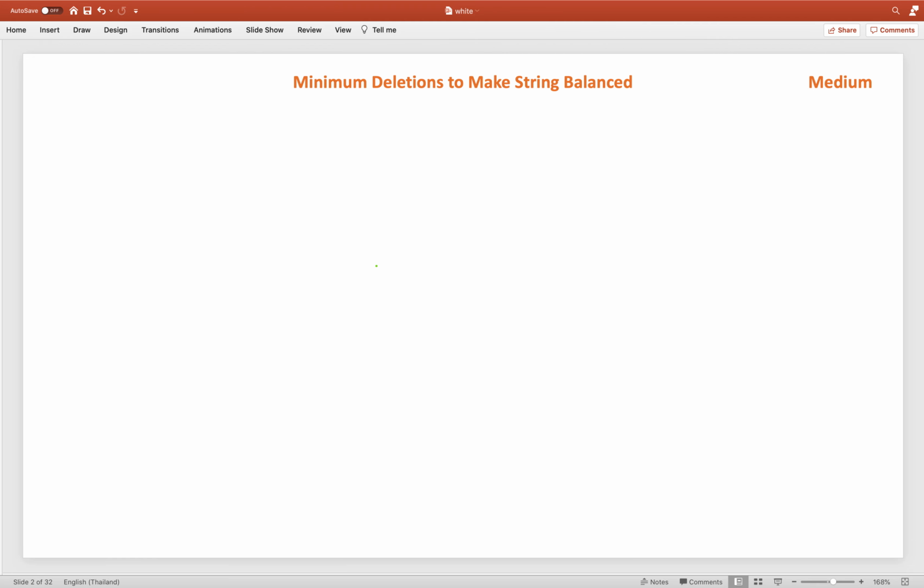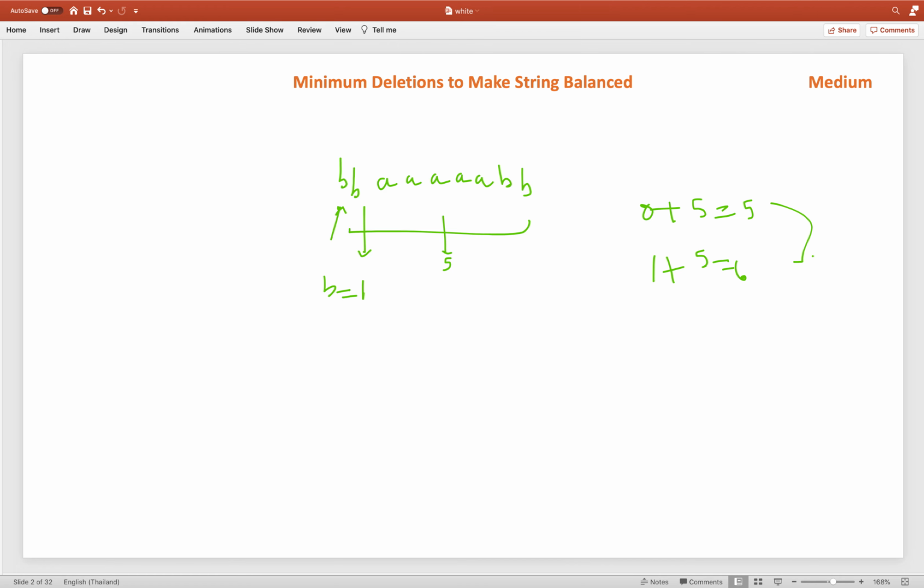So let's take the second example. The second example is BB AA BB. So in the second example we have BB starting, then AA, and then BB. In that case again we encounter the first B. So either we delete this or we can keep it. If we keep it, then we need to check how many A are on the right side. If you see clearly, we have 5 A, and then this will become 0 plus 5, which is 5, the initial answer. Then B will become 1 over here, and when the second B is encountered, this will become 1 plus 5, which is 6. So the minimum among these is still 5.